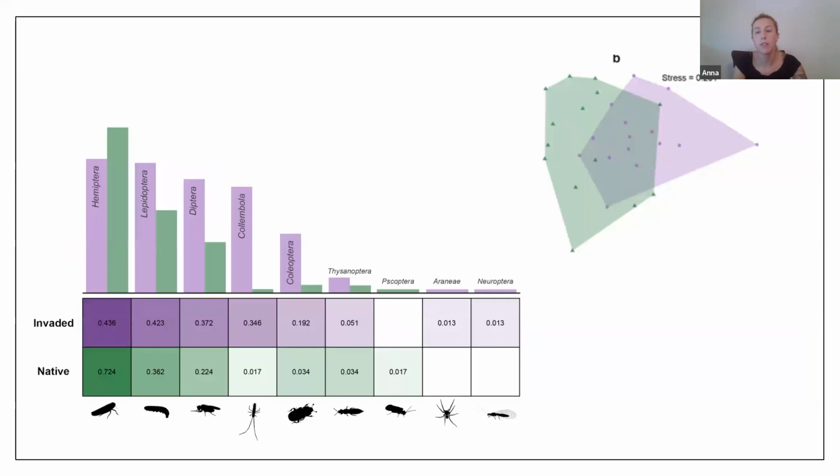And so what we found here is that there was a large overlap in dietary communities of these spiders. The plot in the upper right corner is an NMDS plot where the purple spots are all the spiders in invaded habitat and the green are all spiders in native forest. So you can see that there's an overlap there. But when we begin to look more specifically at what is being eaten, we begin to see a large difference. The spiders found in native forest are in green on the bottom, and we see that their diets are really dominated by hemipteran taxa. So about 72% of the spiders in native forest were eating hemipterans, followed by lepidopterans and dipterans.